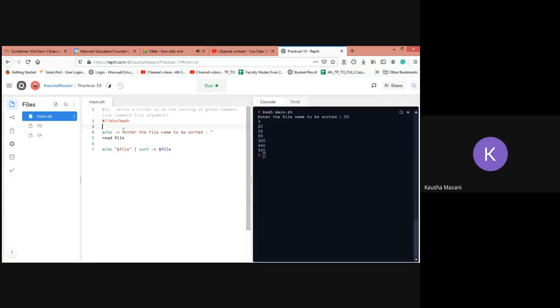Done, everyone? Finished? Keep this program safe somewhere, okay? When I ask you to present the screen, I want a presentation of both the programs. Before starting the second program, I am telling you now only, don't lose the file of this program. I want to see if you have done it or not.